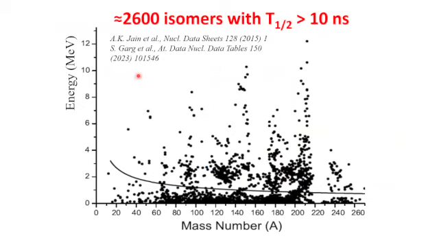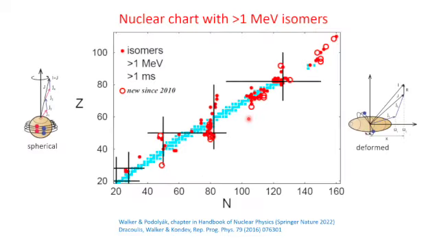There are a lot of isomers, and according to the most recent compilation just published in Atomic Data and Nuclear Data Tables, there are some 2,600 of them with half-lives greater than 10 nanoseconds. And it's important to notice that the distribution of isomers along different mass numbers is clearly not random. And this is seen more clearly if you spread it out a bit and look at the nuclear chart,